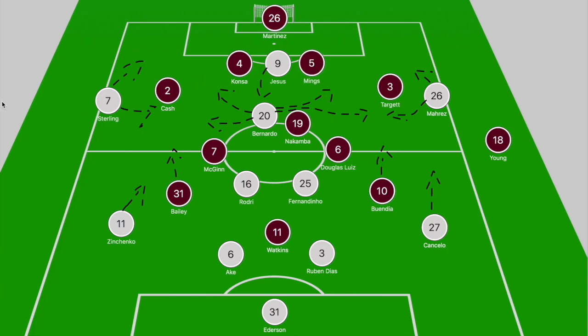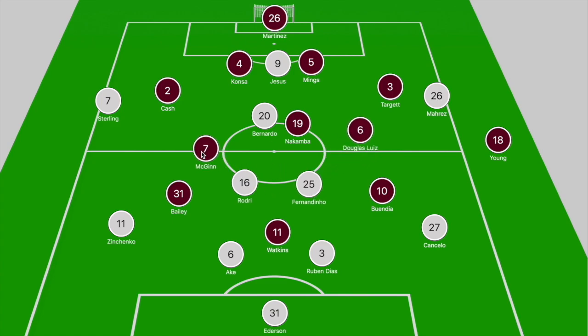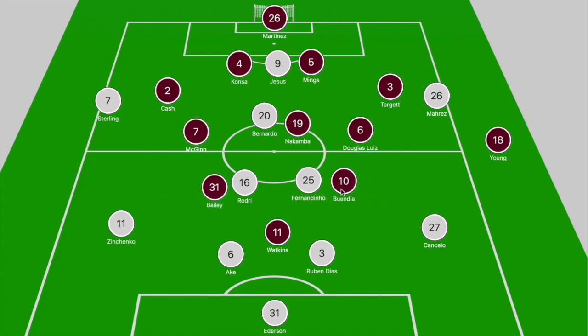So when we break down the game and look at the board, we have City starting in a 4-2-3-1, and Aston Villa were supposed to be in a 4-3-3, but it very much looked like a 4-3-2-1. What we ended up seeing from Villa was that when they dropped off into their defensive shape, they were expecting City to obviously dominate possession, but they were focused on having Bailey and Buendia tucking into those narrow central positions to occupy Rodri and Fernandinho. That allowed Ake and Ruben Dias to have a 2v1 advantage against Watkins, and the only way to combat that